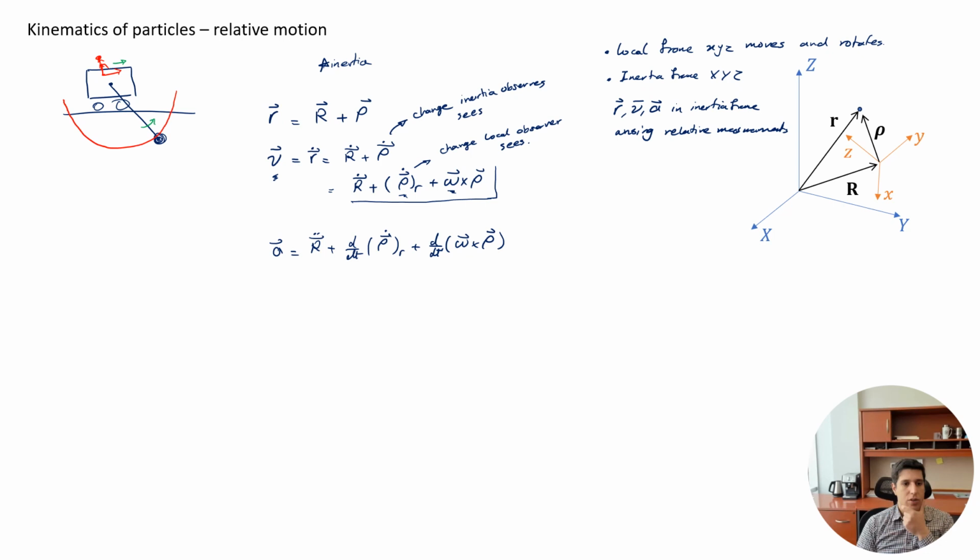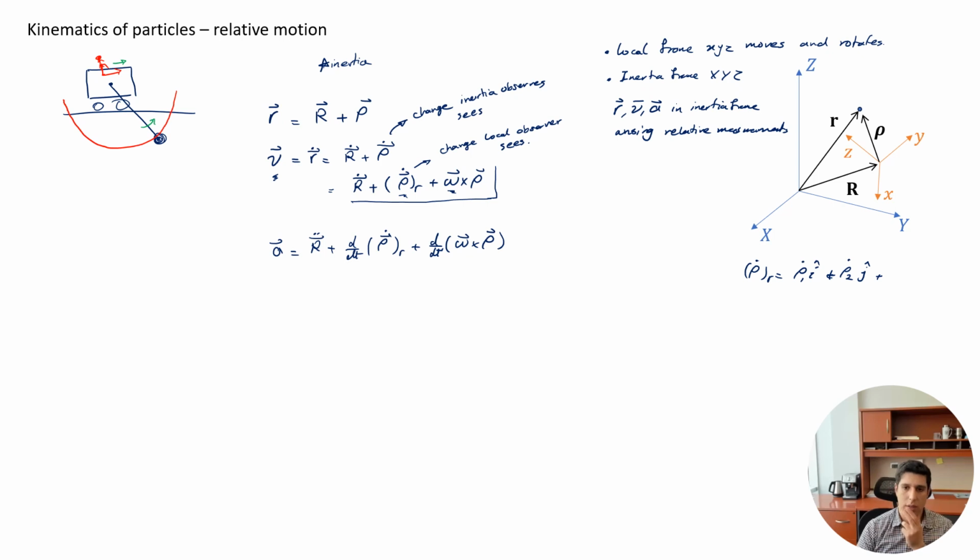So this rho dot relative, which is some rho dot 1 i plus rho dot 2 j